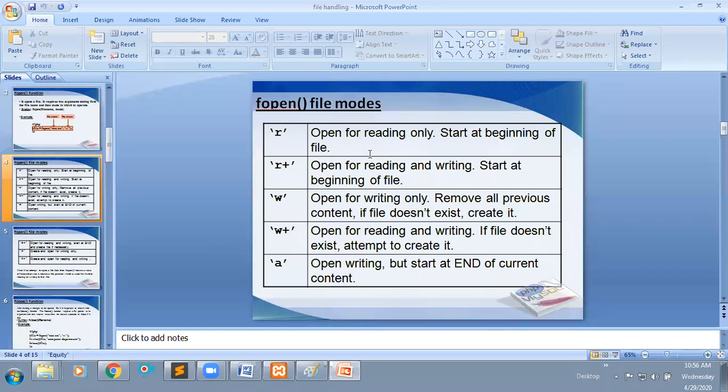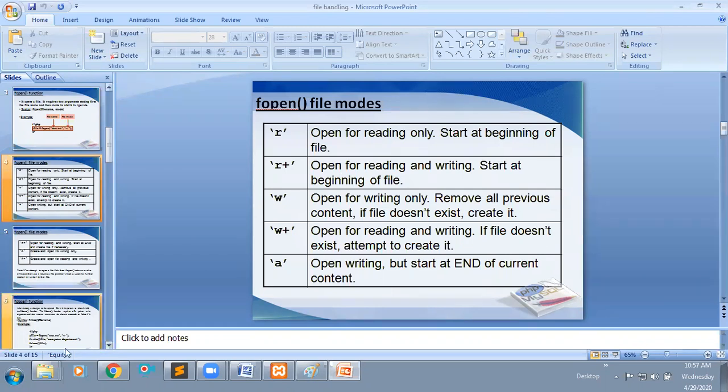That opens in read mode only. If you try to write some data in that file, it is not possible if you open a file using r mode. r+ opens a file for reading and writing purposes, and starts at the beginning of the file.